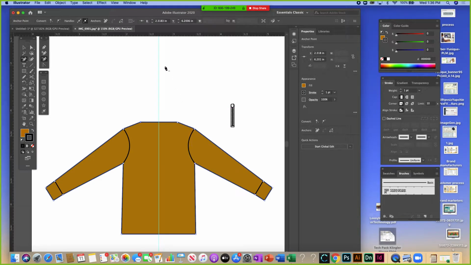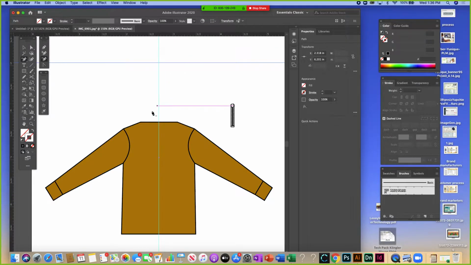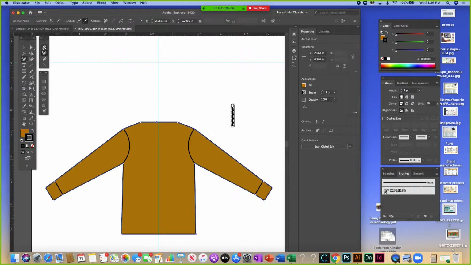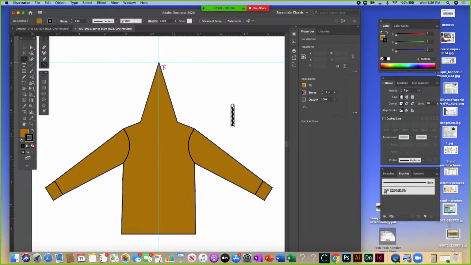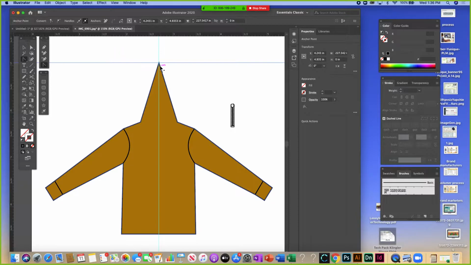Typical kind of hoodie. Now your hoodie is going to be about this high. Does that look about right? Right? I'm going to add one center point here. And I'm going to give him a cone head. And then from here,